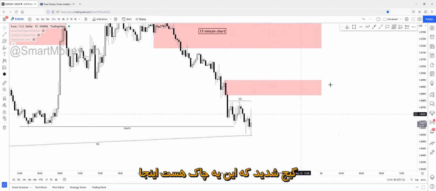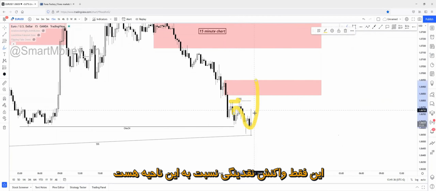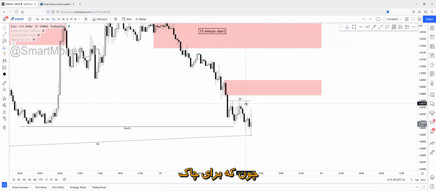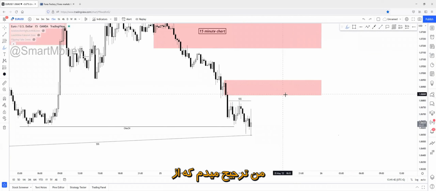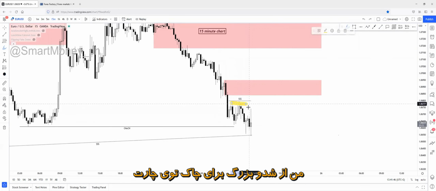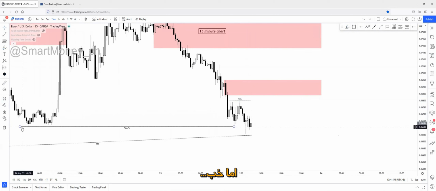And I saw that lots of you guys have confused this as a change of character right here. This isn't really a change of character. This is just a liquidity creation for this zone. And yeah, I wouldn't really consider this as a change of character, because for change of characters, I would rather use on the 15-minute chart a body break rather than the wick break. I'm using the wick breaks on the 1-minute chart only. But yeah,